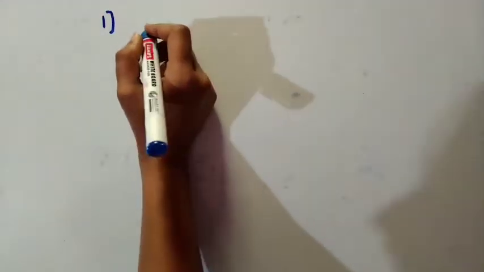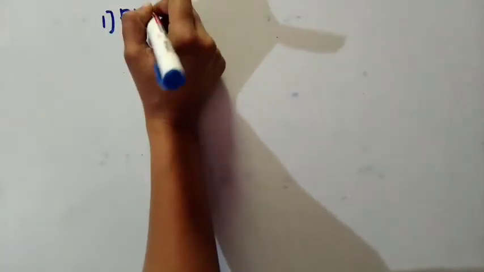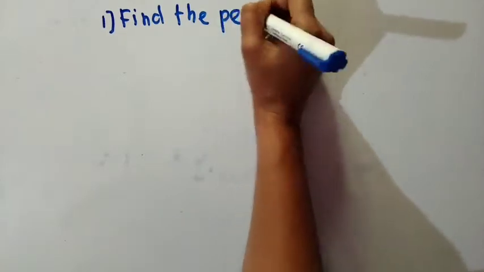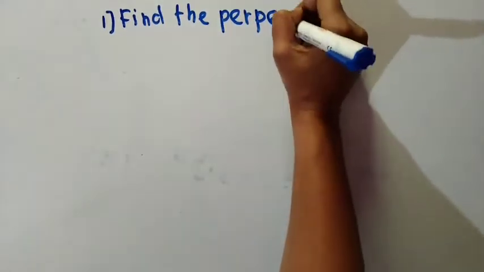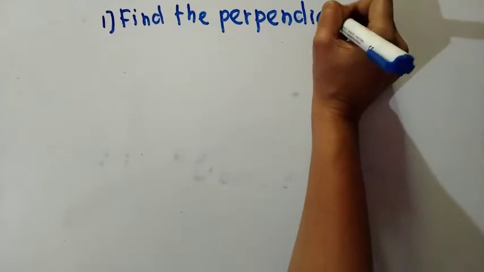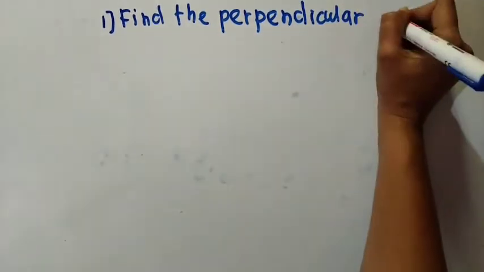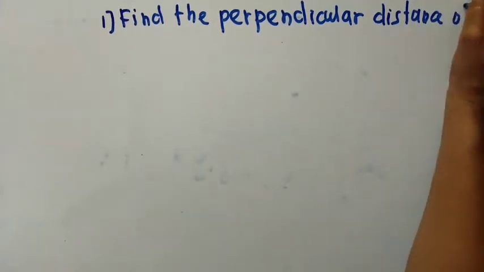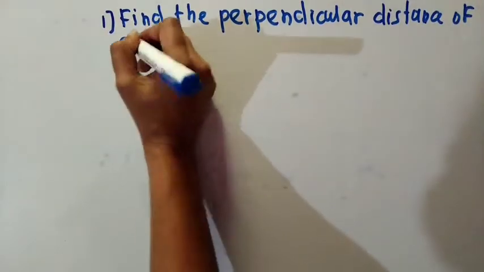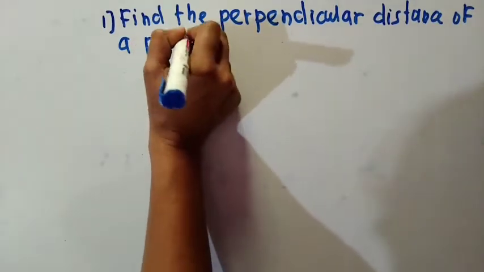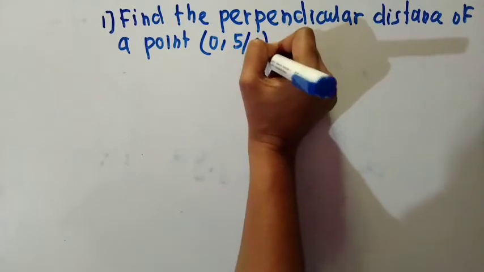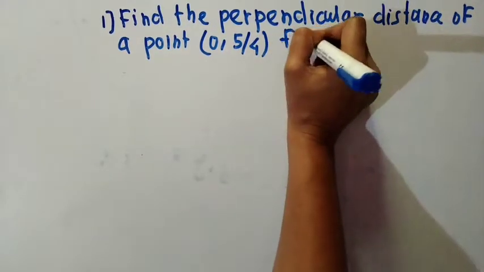Last chapter we studied coordinate system examples. Then in this chapter we study how to find the perpendicular distance of a point (0, 5/4) from the line